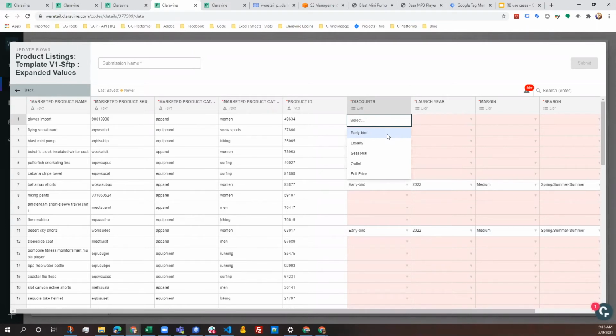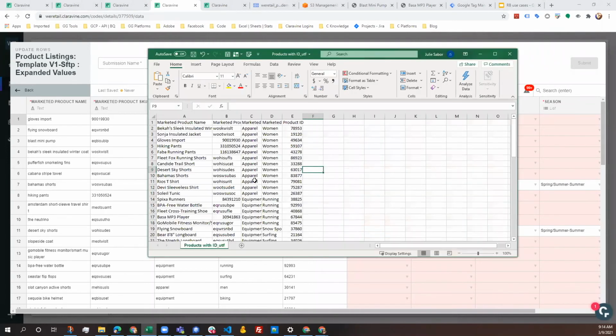This also takes care of any sort of casing issues that we often run into when you're working with a data layer. So even when this inbounded file came in, we made all these values lowercase. So if you had, I can just show you the file. So this was the CSV I was working with. So you can see that there's different sort of cases in here. So once it comes into Claravine, it's already structured automatically.